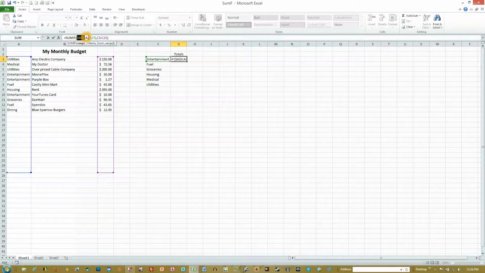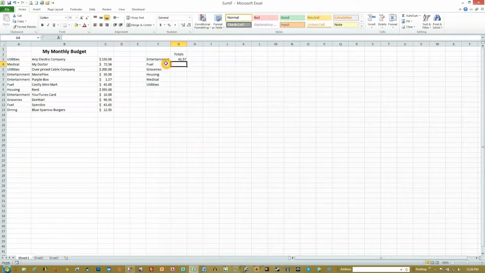Those will not change. And then we go ahead and do the same thing here, and the same thing here and here, and this fixes the ranges. Now the F3 we want to maintain fluid. We want it to change as we pull down, so in this case it'll change to F4. So we go ahead and hit OK, and then we can just pull this down, and now all of these